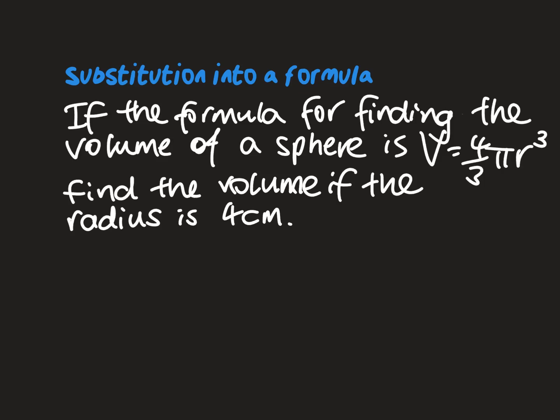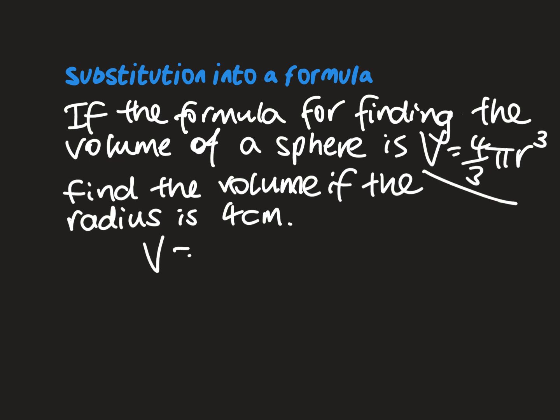So we're looking at this substitution into a formula. If we know the formula for finding the volume of a sphere, and we've been given it, V equals 4/3 pi r cubed, find the volume if the radius is 4 centimetres. Okay, so what we're going to do is